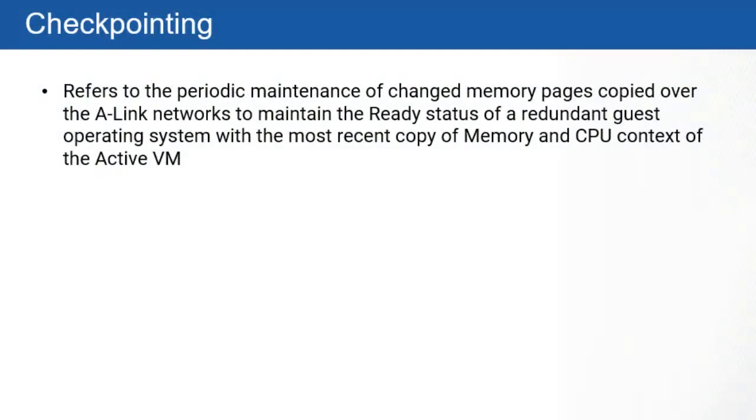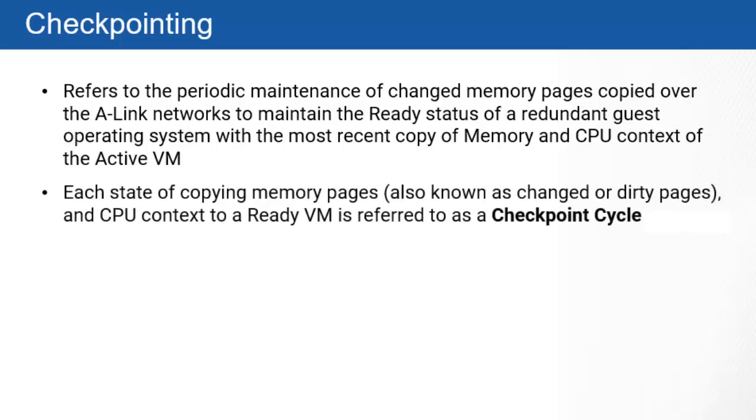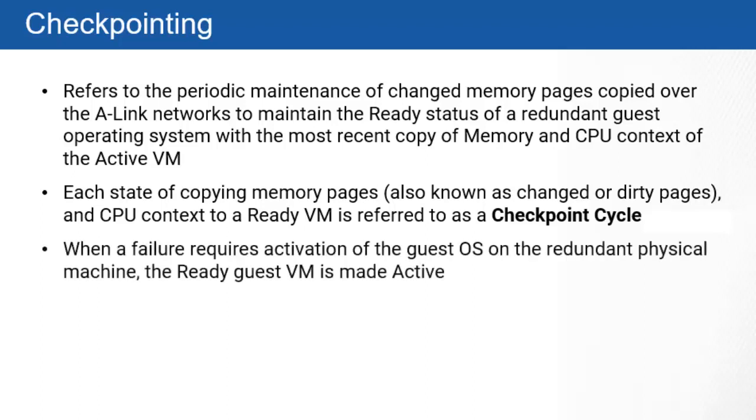Checkpointing refers to the periodic maintenance of changed memory pages copied over the A-Link networks to maintain the ready status of a redundant guest operating system with the most recent copy of memory and CPU context of the active VM. Each state of copying memory pages, also known as changed or dirty pages, and CPU context to a ready VM is referred to as the checkpoint cycle. When a failure requires activation of the guest OS on the redundant physical machine, the ready guest VM is made